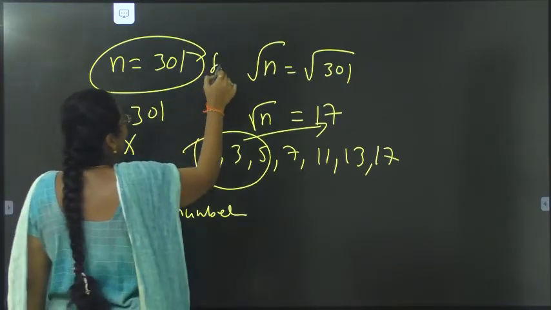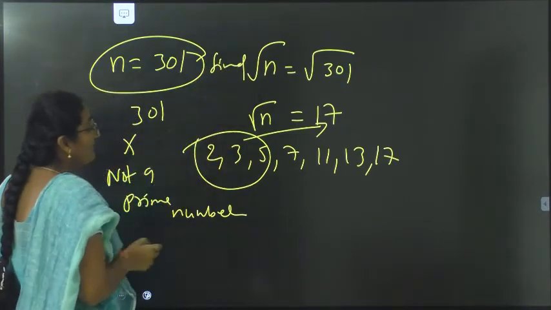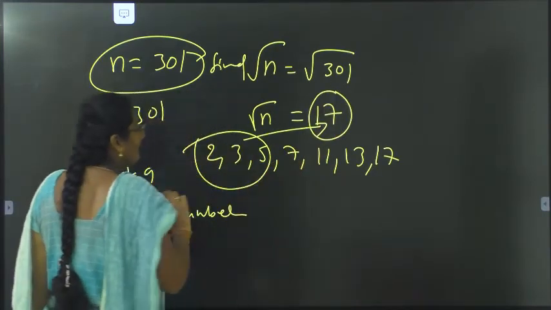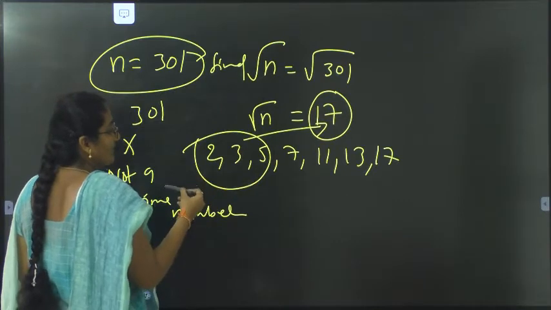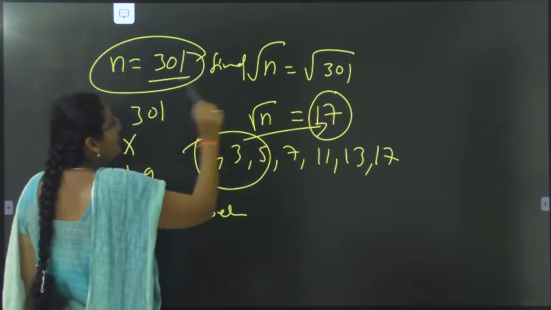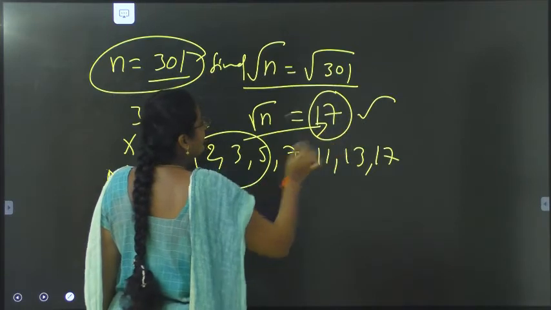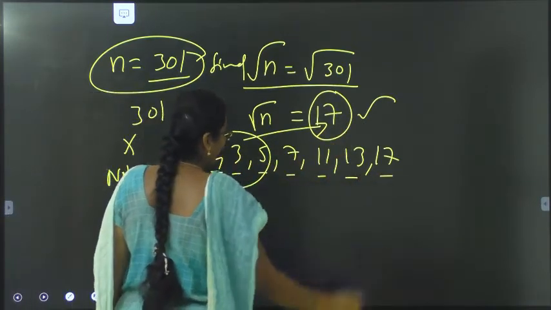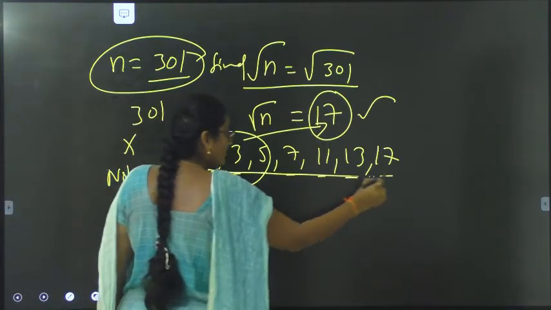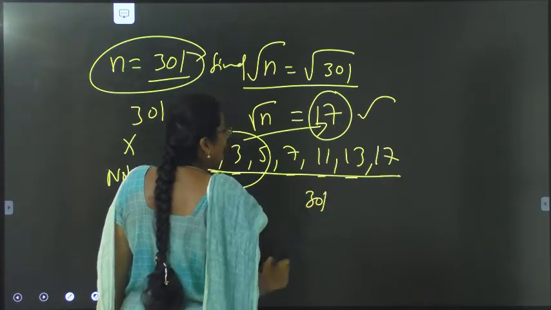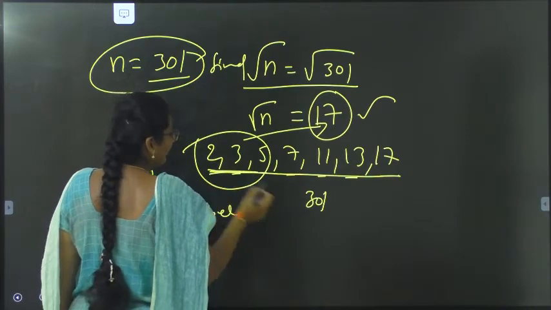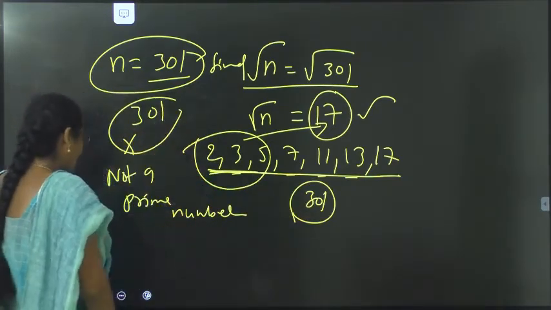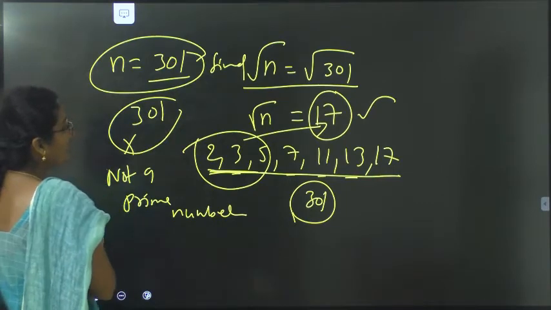To check the primeness, what is the rule? You should find square root of that number, and for the value you got after finding the square root, you should find the prime numbers less than that. So I have taken 301, square root of 301 is 17. So the prime numbers below 17 are 2, 3, 5, 7, 11, 13 and 17. And now all of these also should divide 301. But it is not possible, 2, 3, 5 will not divide 301. So 301 is not a prime number. This is the third point, checking the primeness.